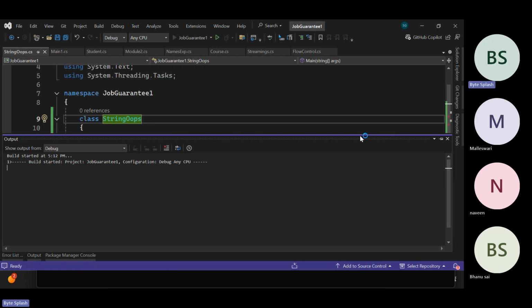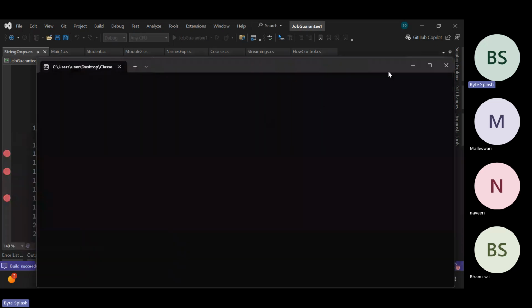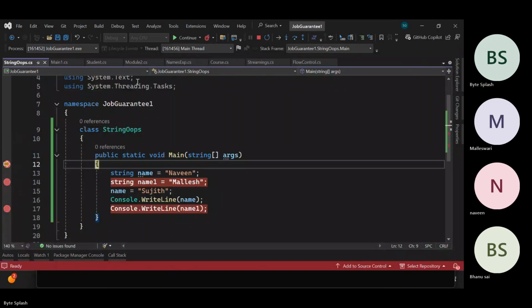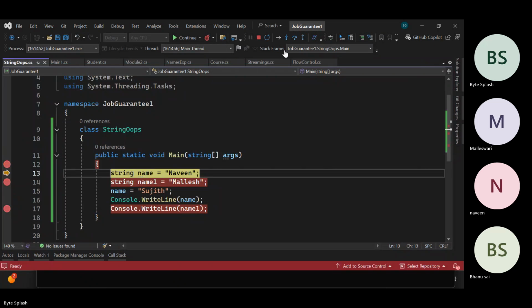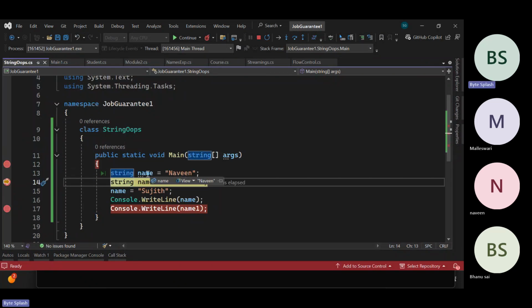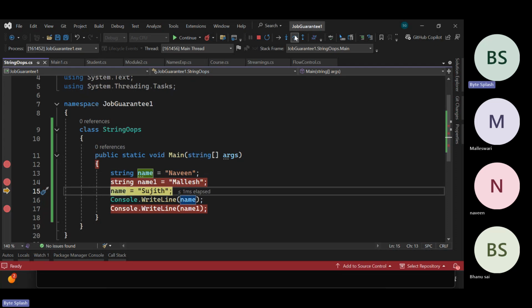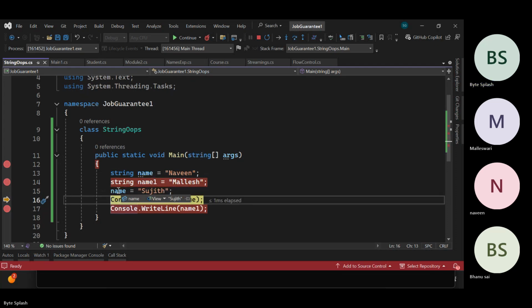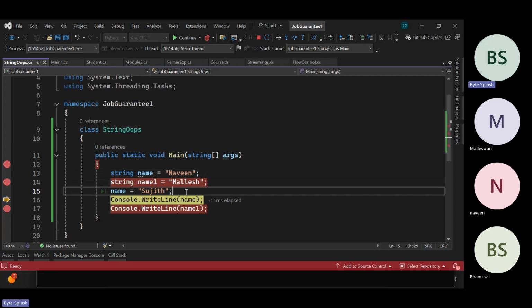We can't see the change basically in debugging, but I will just tell you. We have a variable called name. After that, again, the name is changed to Sujit. So the thing is here,